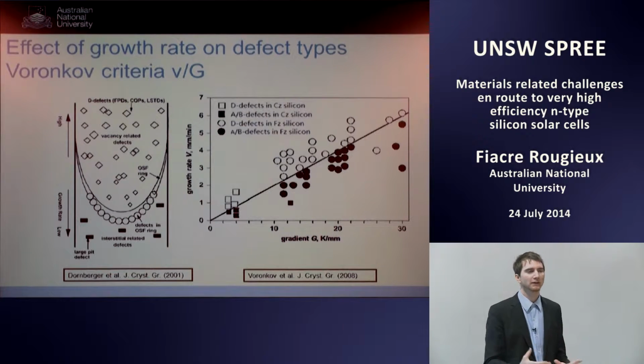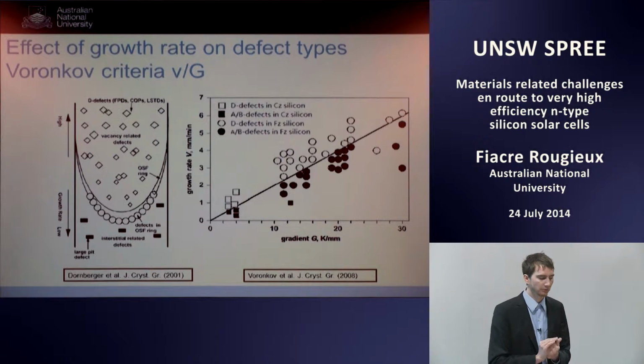So we're going to have a whole lot of mechanisms that happen during the ingot cooling after the ingot has been grown. And it's represented on the left here on this little graph. For a high pulling rate, we have vacancy-related defects, so there are D defects, typically voids. And for a very low growth rate, we have interstitial-related defects. And then we have the interesting region, the middle region, where we have both vacancy and interstitial-related defects, and then we're going to have this typical ring structure that we can see in PL imaging sometimes,